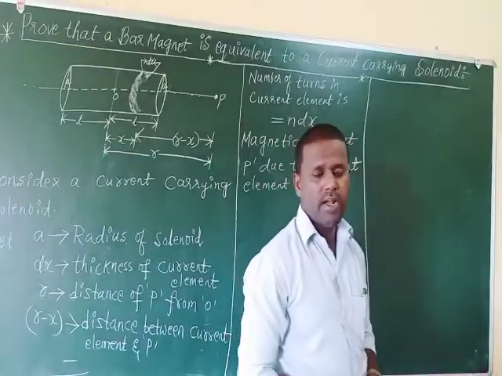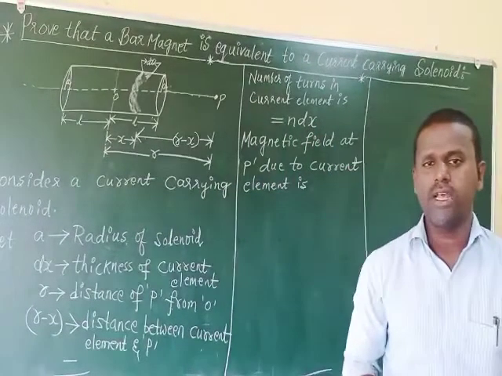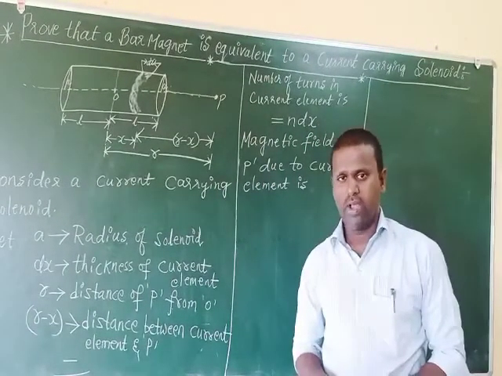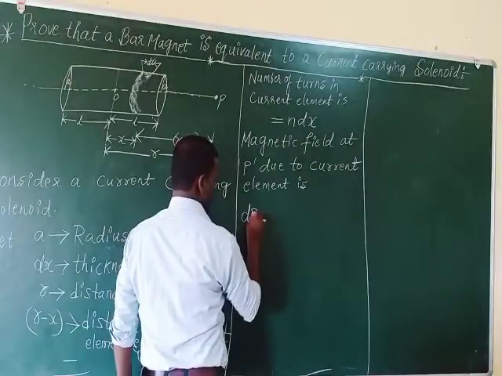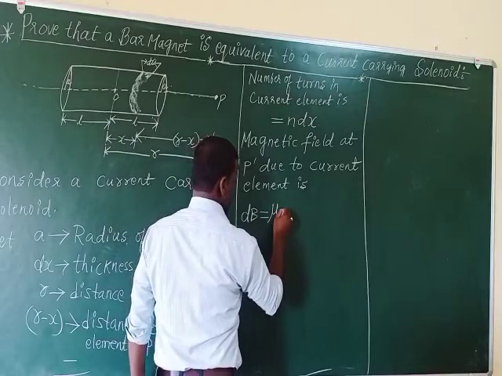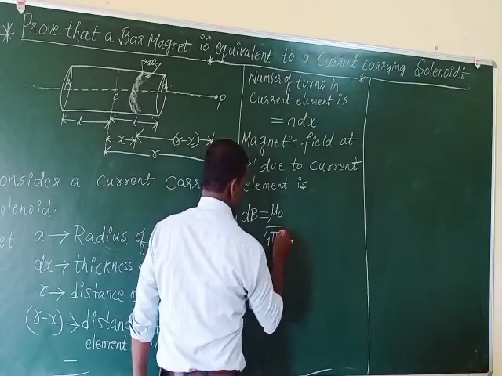Expression for magnetic field at a point on the axis of a coil. That formula is dB equals mu naught by 4 pi into